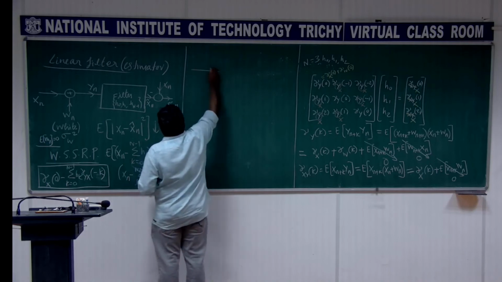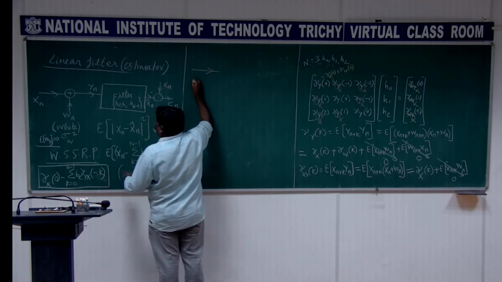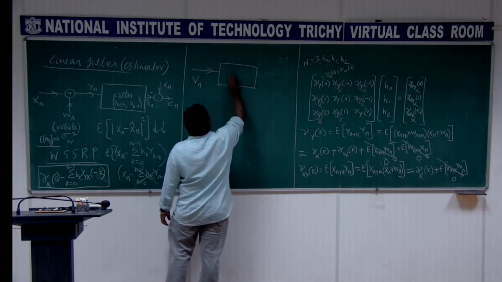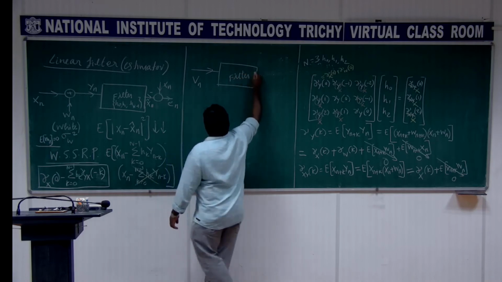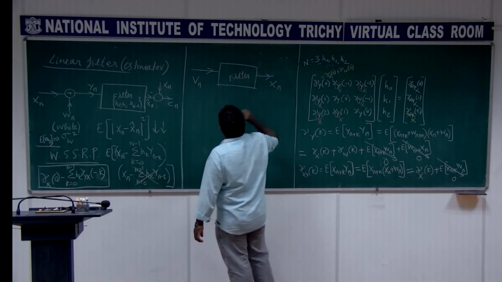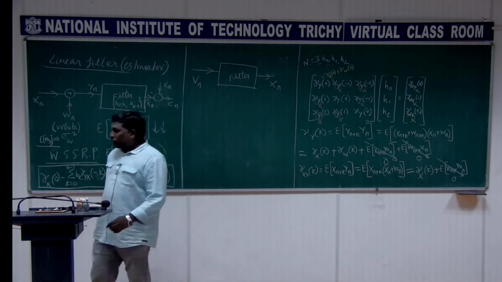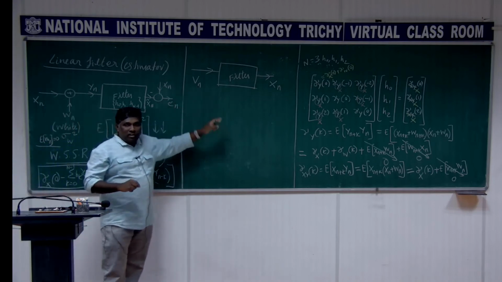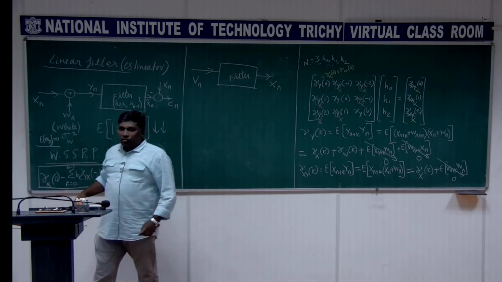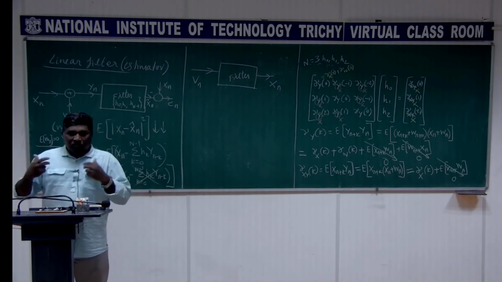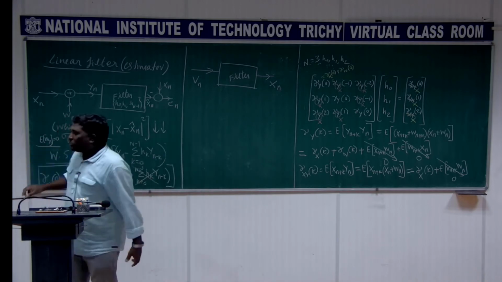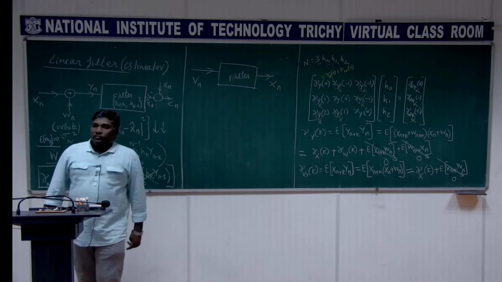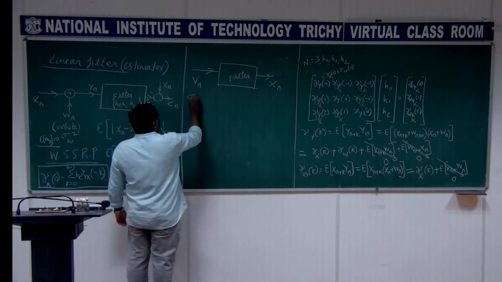What I am telling is this: the input is the noise, right? I don't want to use W, let me use Vn, and this is the filter here, and output is going to be the signal xn, and this is different noise, right? This is purposefully you are modeling them. This Wn is the noise what you are having in nature. So I mean the problem statement: this noise is not in your control. This noise information you are going to fix. The variance of this noise needs to be identified.